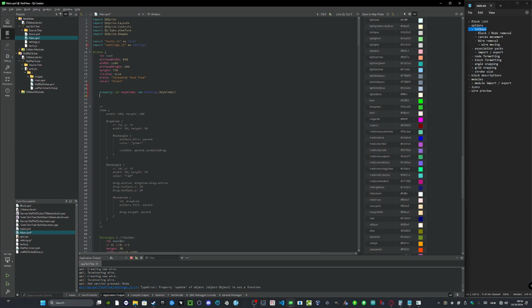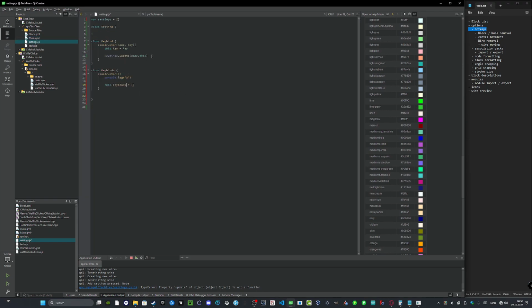Wait, so now keybinds dot keybinds dot push this. Okay,